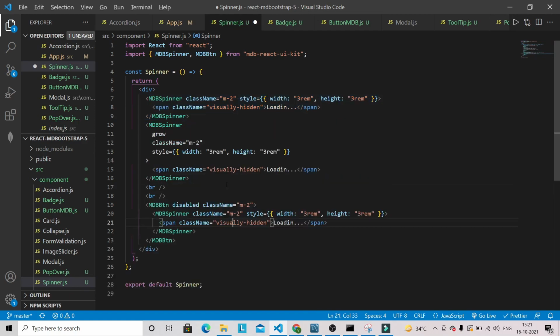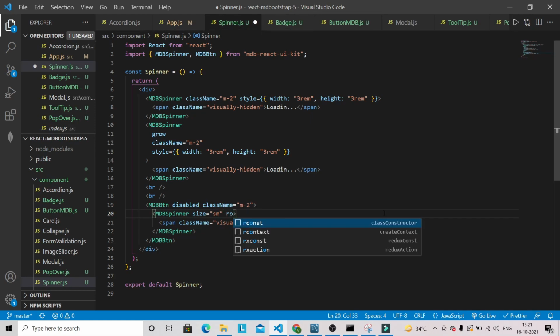So we have to remove this thing. The size will be SM, meaning small. Role we can give here status, and tag equal to span.